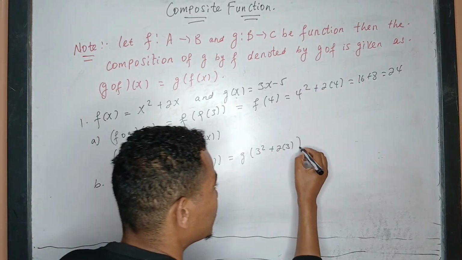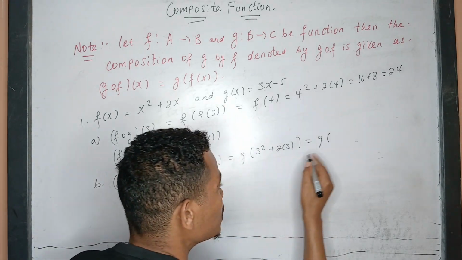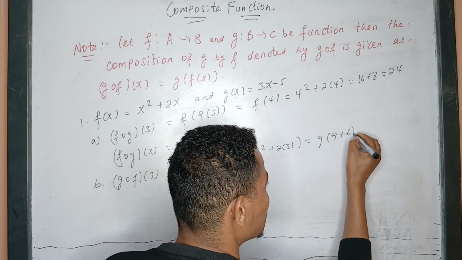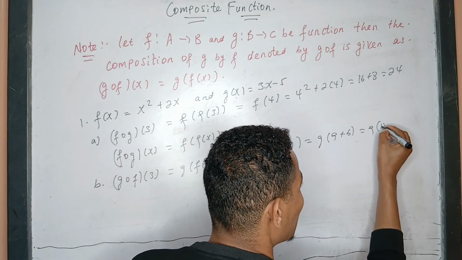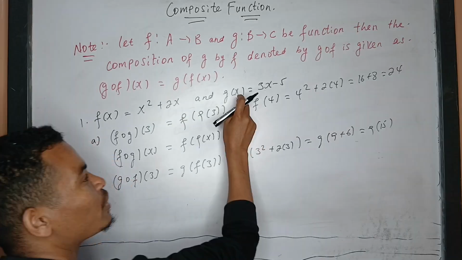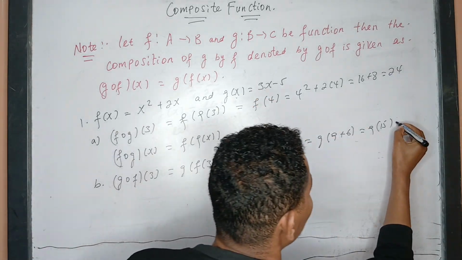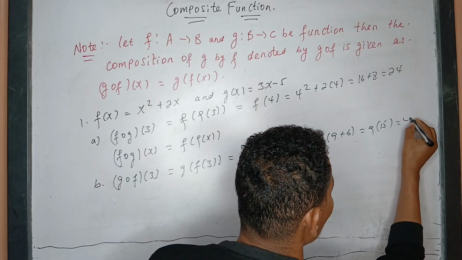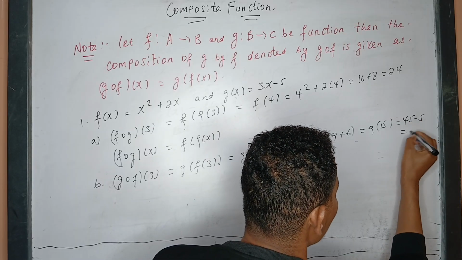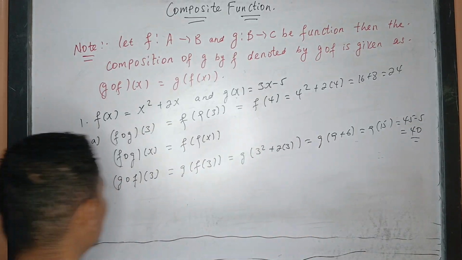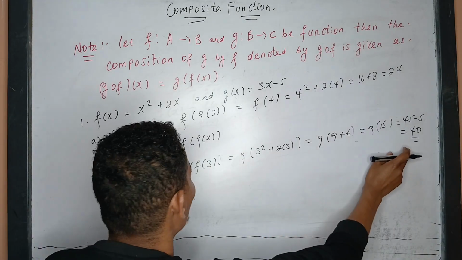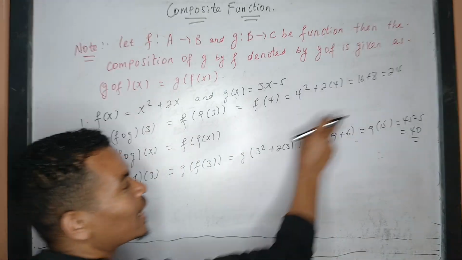This is the same as g of 3 squared is 9, 9 plus 6, equal to g(15). We substitute 15 into the function g(x): 15 times 3 is 45, 45 minus 5 is 40. So (g∘f)(3) is 40, and (f∘g)(3) is